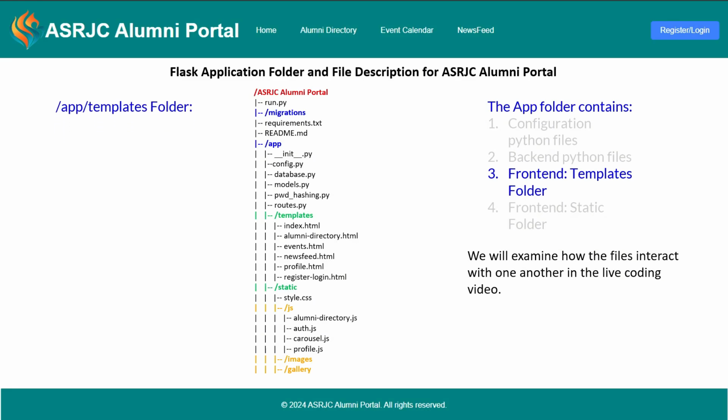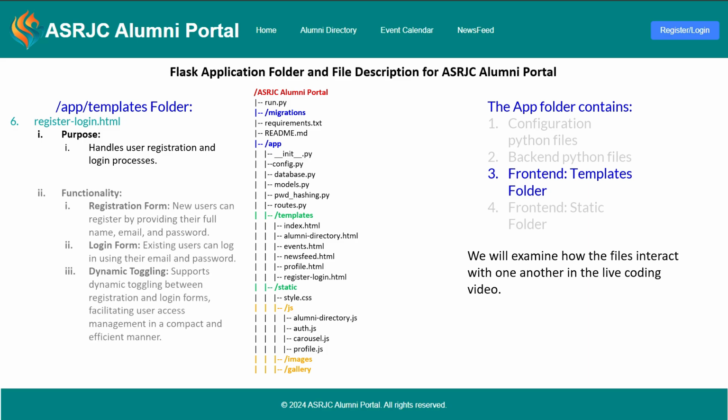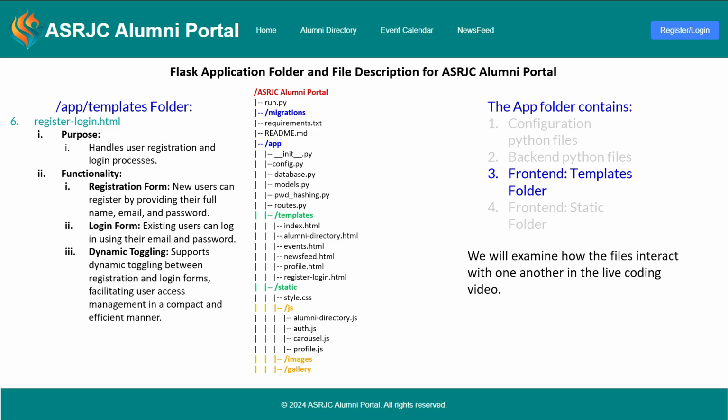Next, there is also the register login.html. Its purpose is to handle user registration and login processes. Its functionality is to have a registration form where new users can register by providing their full name, email, and password. Its login form also allows existing users to log in using their email and password. Dynamic toggling supports switching between registration and login forms, as well as facilitating user access management in a compact and